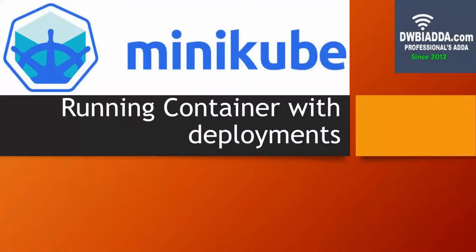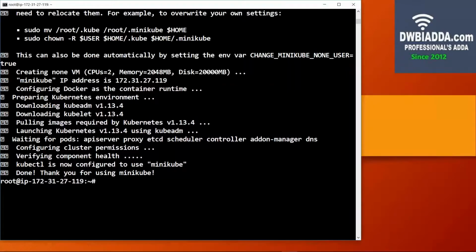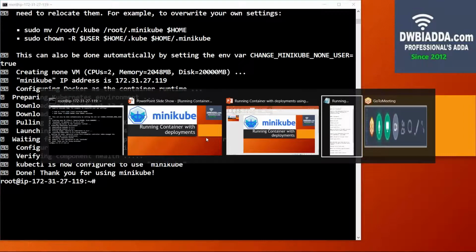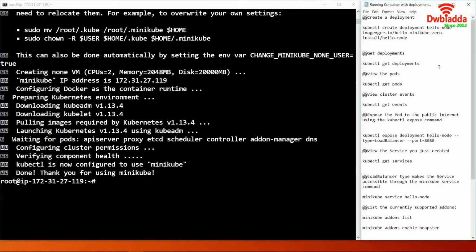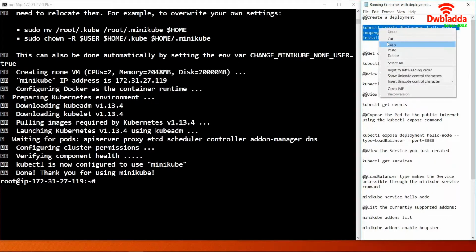Hello friends, in today's video we will be discussing how to run a container with deployments using the minikube tool. Here we have an instance already launched with minikube installed. Today we will be deploying a container, running a container using the minikube tool. So first of all, we need to create a deployment, and for that